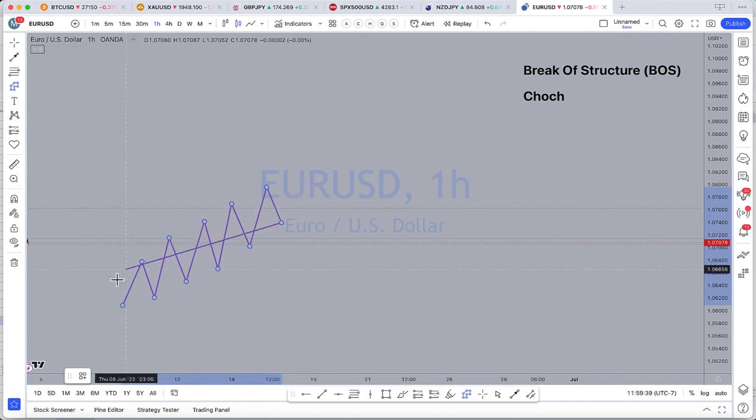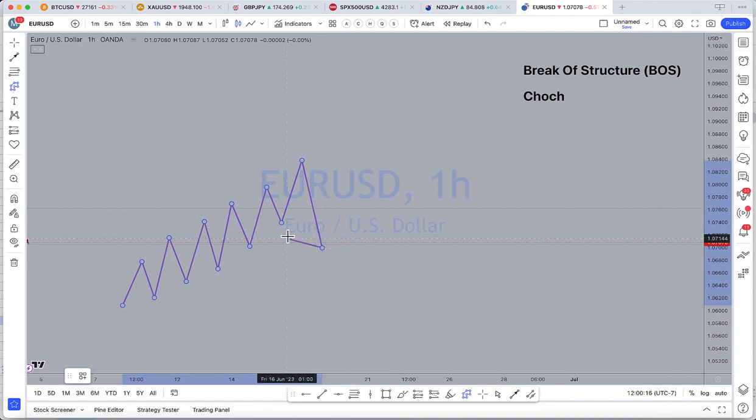So I like to think of this as structure, right? There's a certain structure in this, right? There's a respecting of the highs and a disrespecting of the lows. Another way I like to look at it is it's a pattern, right? This is an obvious pattern, right? And when the pattern gets broken, right, that's a break of structure. So for instance, when price comes down and doesn't respect that last low, disrespects it, and therefore breaks that low, breaks the structure, this can be your first indication that things might be changing in the other direction.